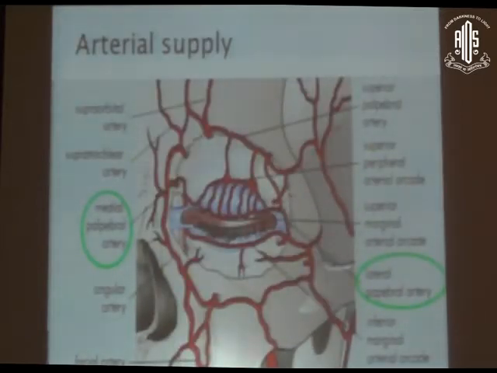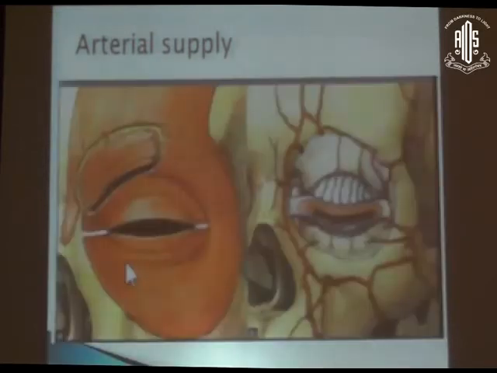The arterial supply is by the medial palpebral artery and lateral palpebral artery. They join across the lid to form the superior marginal arcade, present 3 mm away from the lid margin in the upper lid, and the inferior marginal arcade, which is present 3 mm away from the lid margin in the lower lid, and the superior peripheral arterial arcade. It is important to remember this, as the incisions during the surgery should be placed so as to have minimal bleeding so that the surgical field is bloodless, and in cases of complete transverse blepharotomies of these, there should be no necrosis of the proximal lid flap.